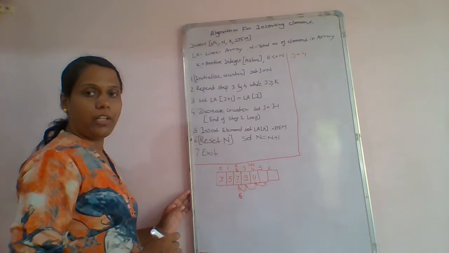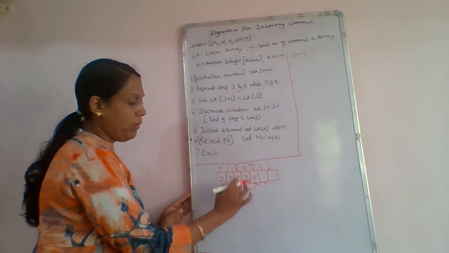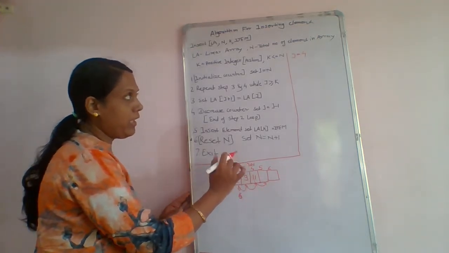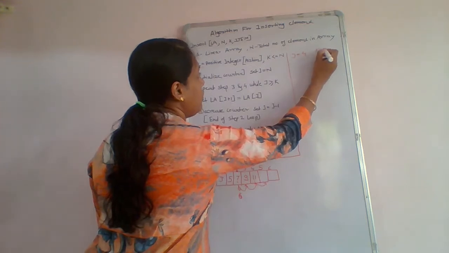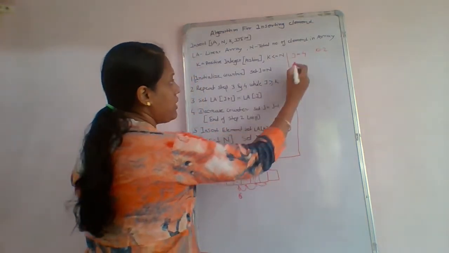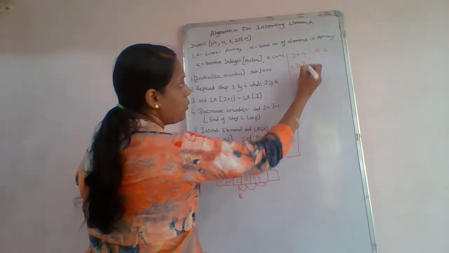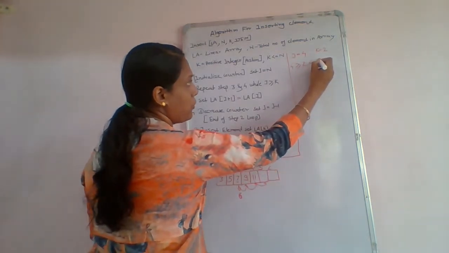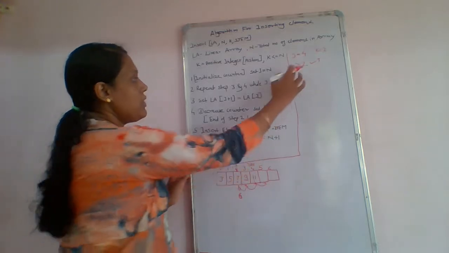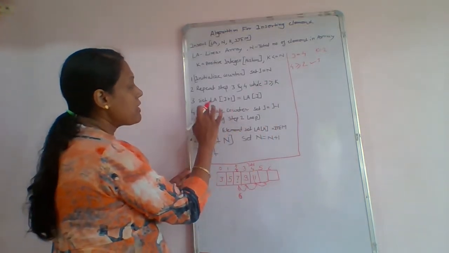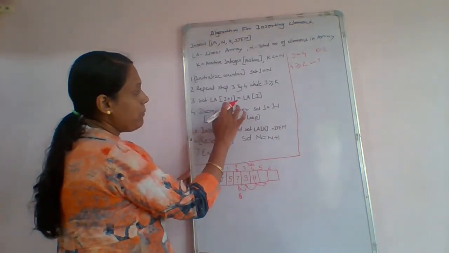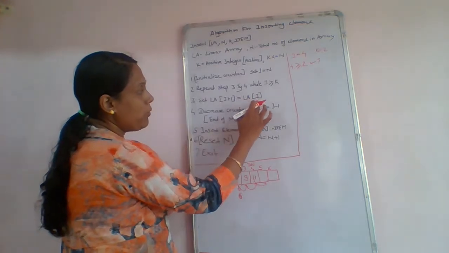That is, we are inserting the 6 value at the location of 2. That is the k, so k is equal to 2. Check this condition: 4 is greater than or equal to 2. The condition is true. When the condition is true, what do we want to do? Set linear array of j plus 1 equal to linear array of j.